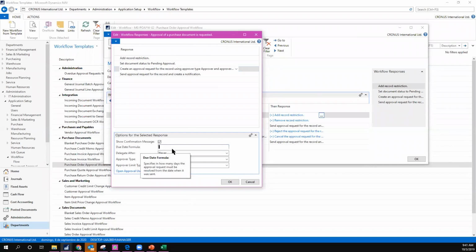I could include a due date formula. Let's say that after 2 days at most, sometimes. It depends on your internal policies. If it's for a sales operation, it should be done immediately, all right? Maybe 1 day at most for a sales document to be reviewed and approved. All right, so delegating after this specific due date will be necessary sometimes. 1 day, 2 days, or five days, as an example, is included in the default list. So in this case, you can check your options, but a delegation will be important to have a due date